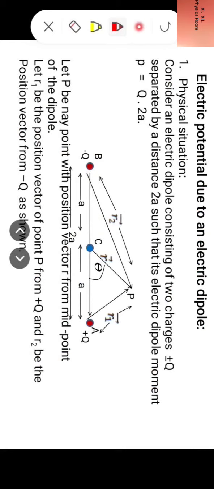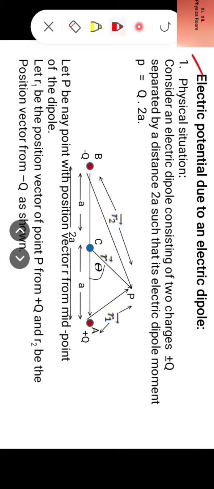Hello friends, continuing with the topic of electric potential, today we take up electric potential due to an electric dipole. Previously we have seen that electric potential due to a point electric charge at a distance r from it is equal to K naught Q by R,